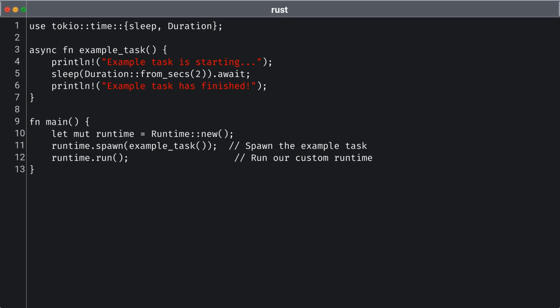Now let's see how we can utilize our runtime struct to spawn and run this asynchronous task. In the main function, we first create an instance of Runtime using the new method, which initializes our task queue. We then spawn the example_task using the spawn method, adding it to our runtime's task list. Finally, we invoke the run method on our runtime, which begins processing tasks in the queue. When executed, we should observe the output reflecting the task's start and completion, affirming that our runtime can handle asynchronous